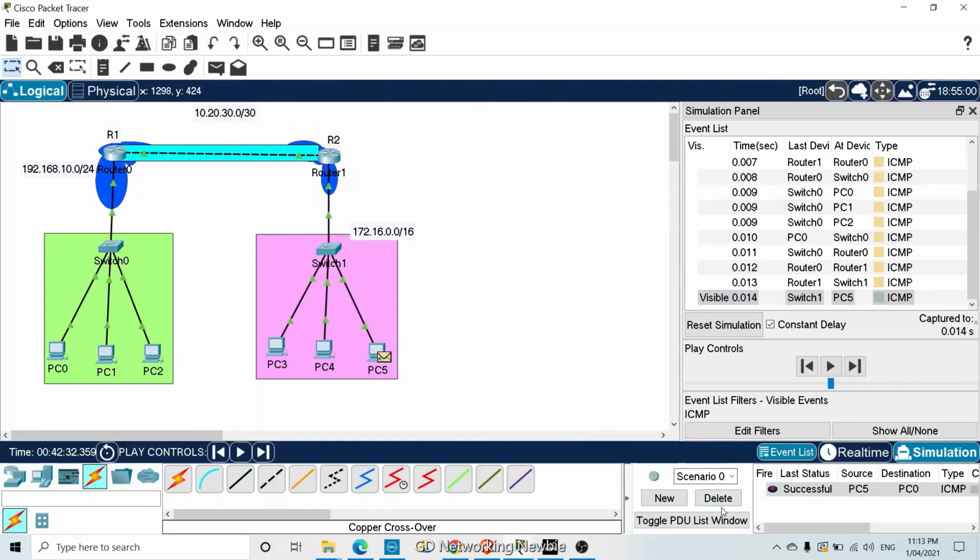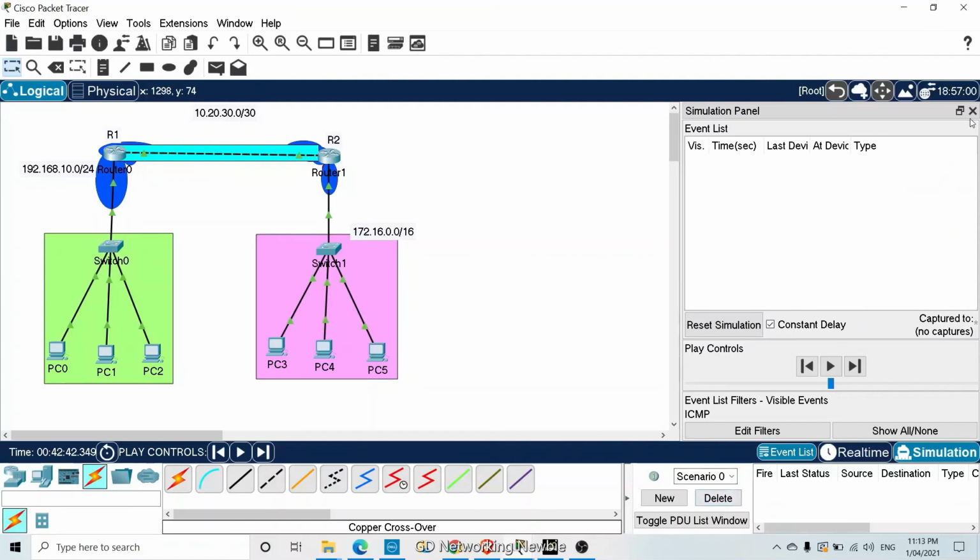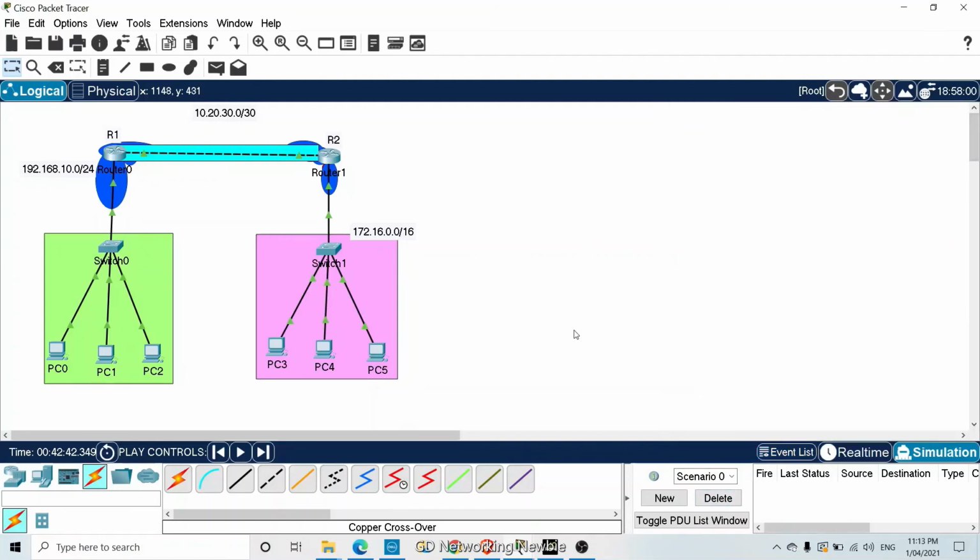So in this way we prove that this is working, and in the same way, if